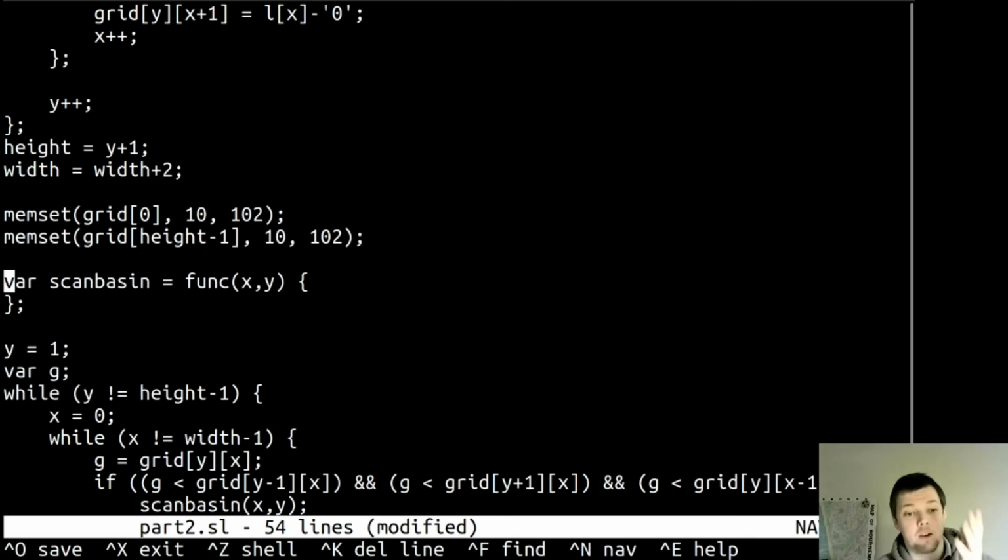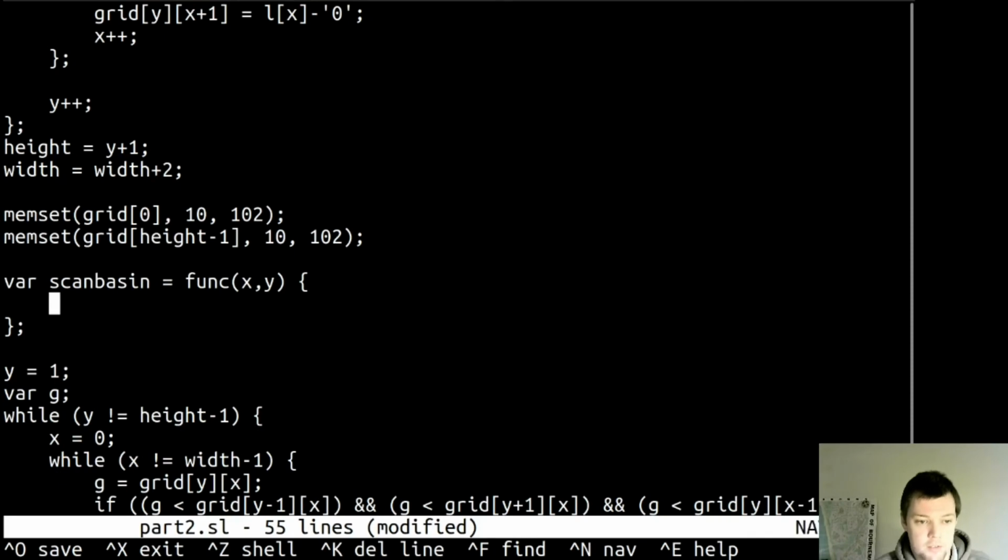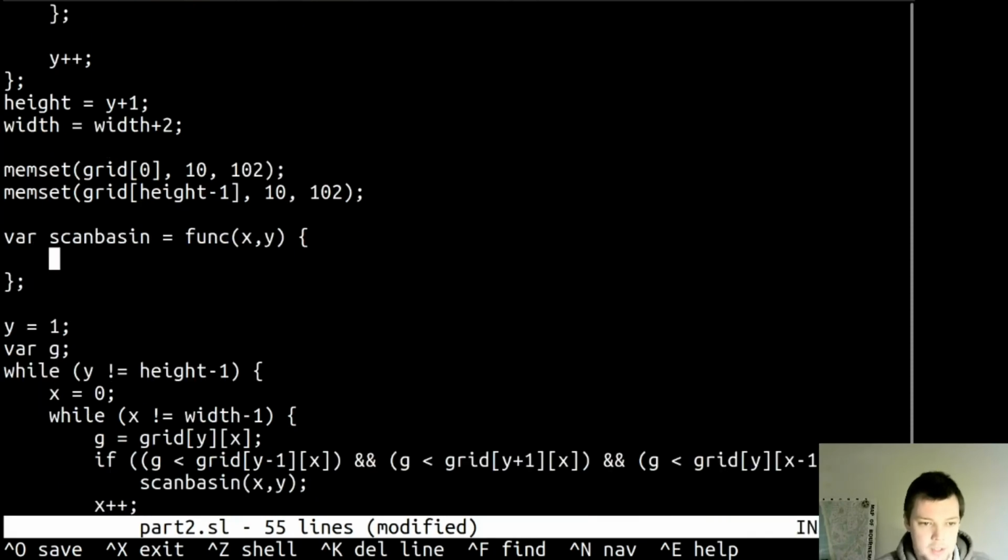Which is good, because during my silent contemplation I realized that I don't have a good data type for implementing a queue. So breadth first search would be annoying. But what I'm going to do is